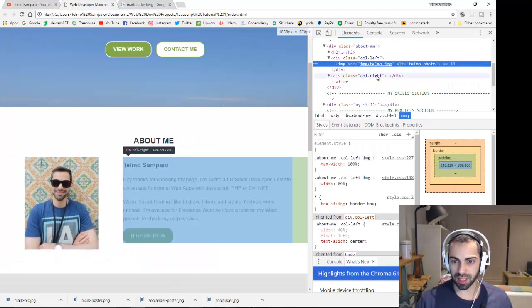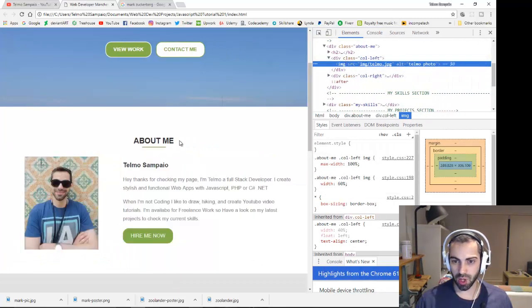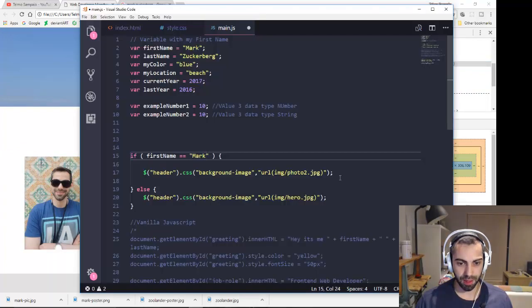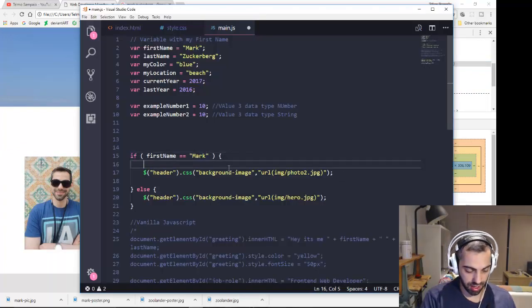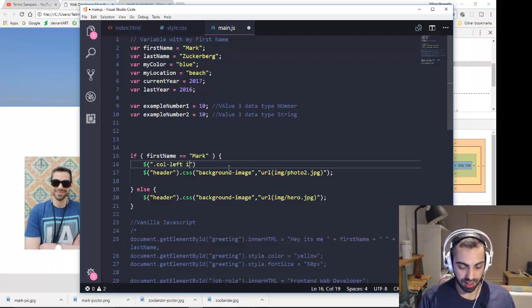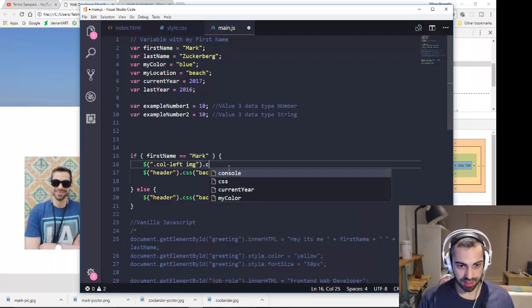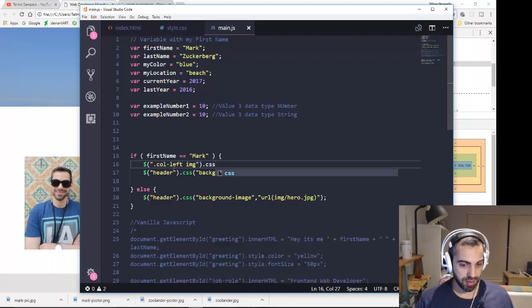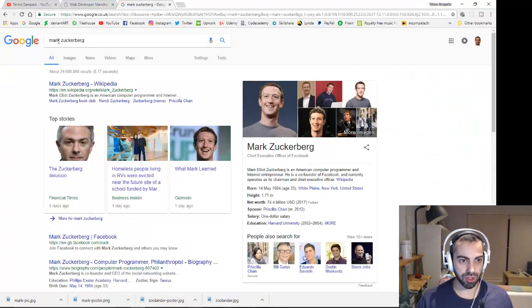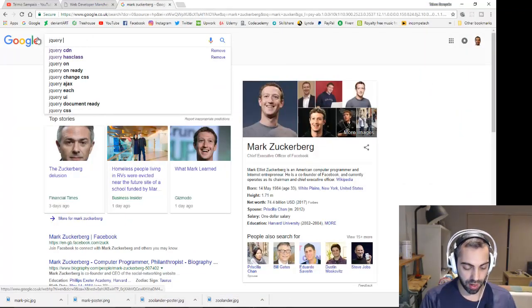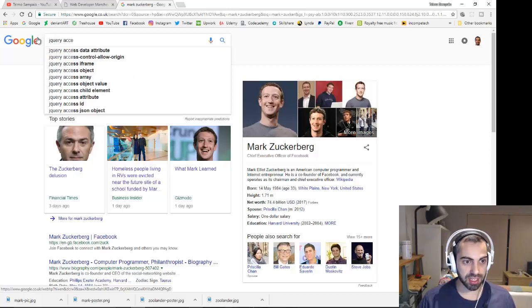Let's see which one is it. Okay, it's the call left image. So I'm going to put in here, I'm going to grab the call left image, and I'm going to put the... okay, I need to now check in here jQuery access